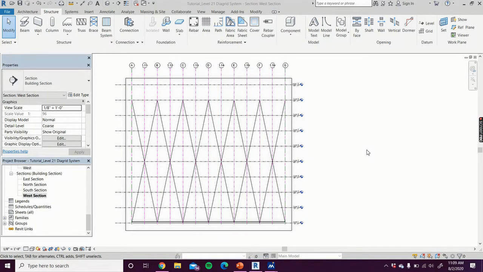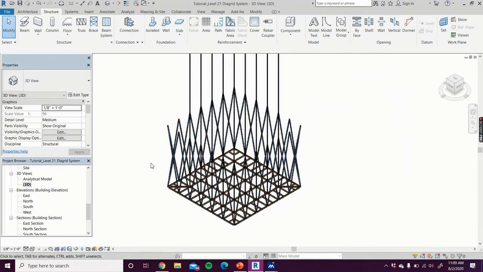Okay, I finished putting all the slanted columns in each of the 4 section views. So if I pull up a 3D view, yes, we can see the little X's on each of the sides. And just to give you a few more details,